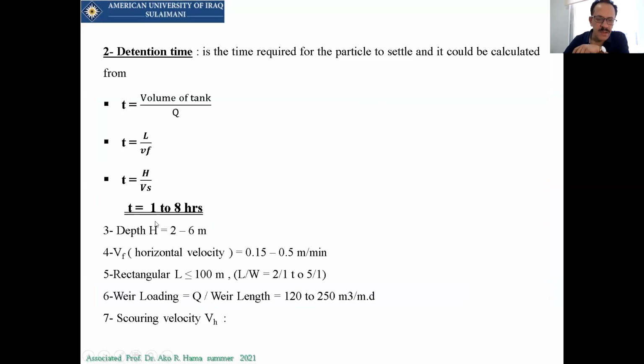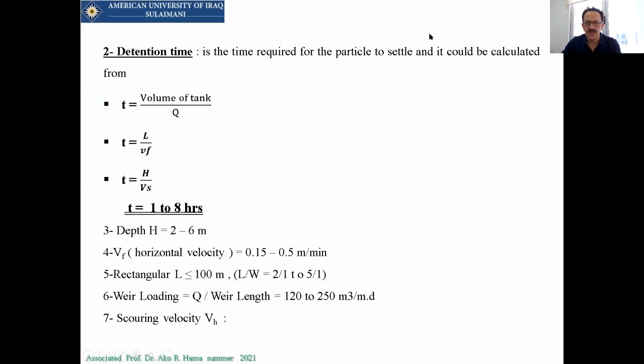Look at this, the rectangular shape. We have L, it should be less than 100 meter, that's one. And the length to width ratio is to be 2 to 1 or 5 to 1. So it will be between 2 to 1 and 5 to 1. Now, if I assume, for example, I will use 2 to 1, it means the length will be twice